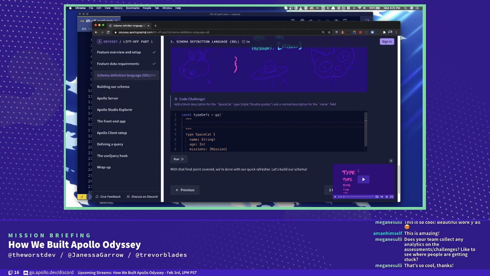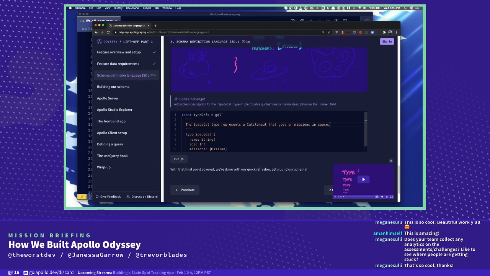Okay, so description. The space cat type represents Catstronaut. Sounds good to me. Catstronaut that goes on missions in space.